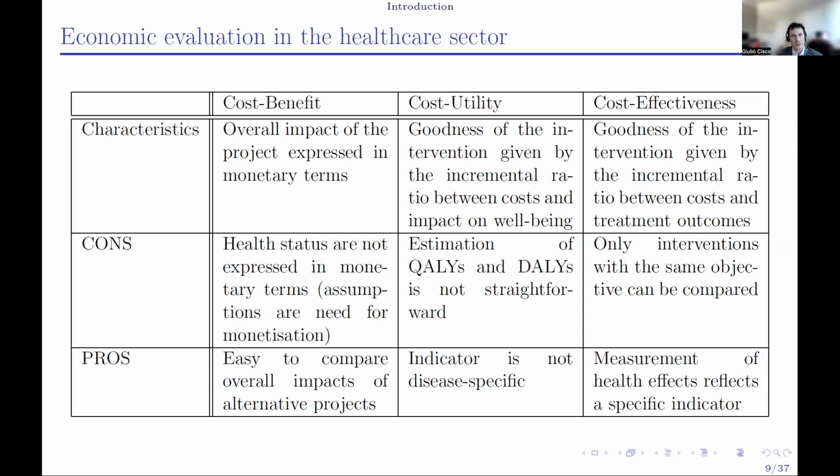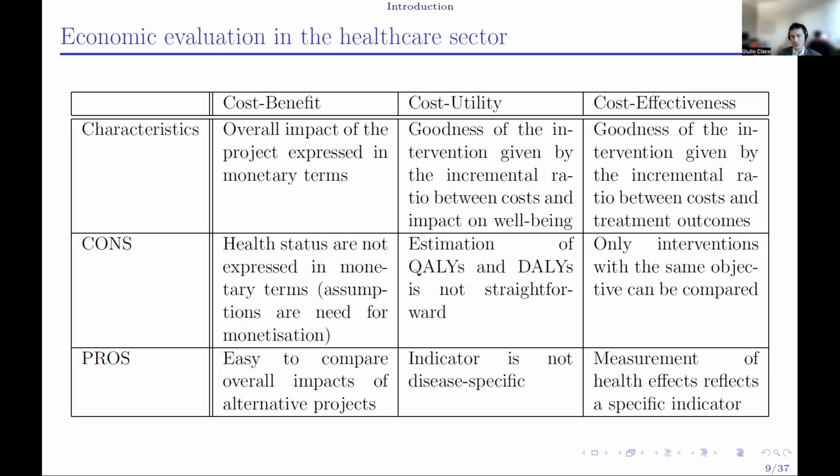A combination of the two methods is cost-utility analysis. That is again a ratio between the cost and the benefit, but the benefit is considered not as a health indicator, but as a more general indicator of well-being. It's what in economics we call utility. And in health economics it is usually expressed in quality-adjusted life years or disability-adjusted life years. That means, maybe you already know,